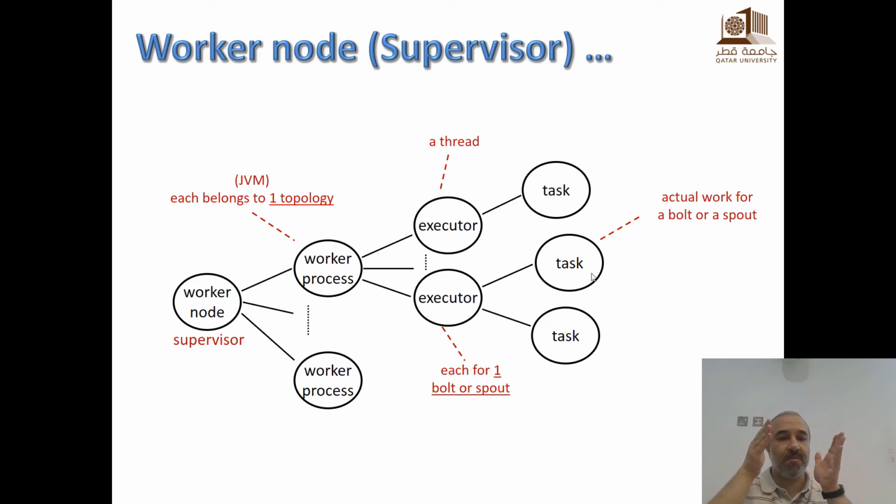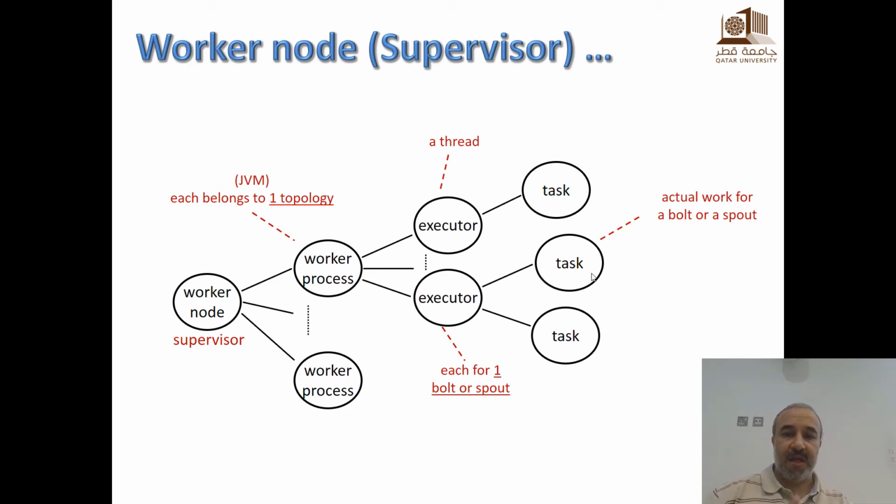But this is the hierarchy. The node has multiple processes. Each process belongs to one topology. Now, within that topology, I might have multiple executors, each one running its own task. By default, it is one task per executor, but if the user defines multiple tasks, we might run multiple tasks within the same executor. But each executor is one thread.